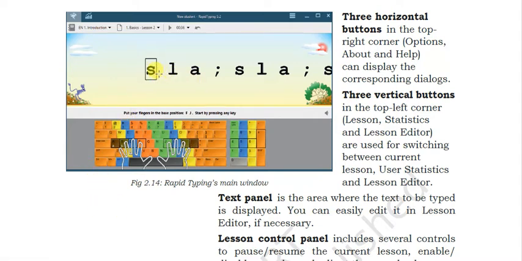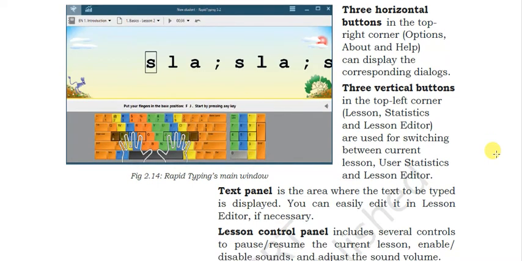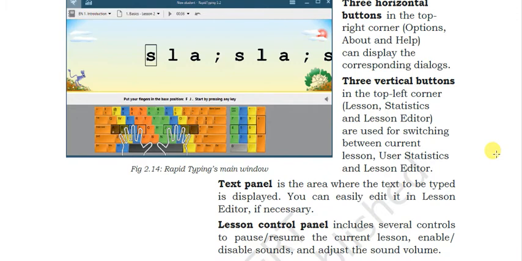It will display the characters that you have to type, and this will display the position of your hands. You can easily edit it in the lesson editor if necessary. The lesson and control panel includes several controls to pause and resume the current lesson, enable or disable sound, and adjust the sound volume.